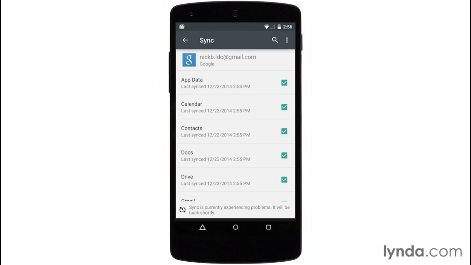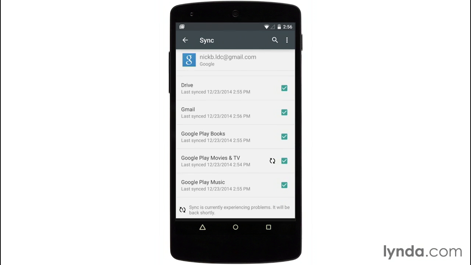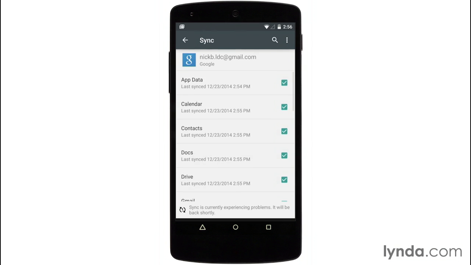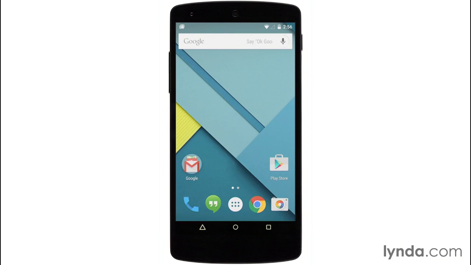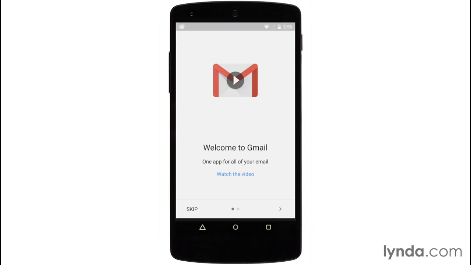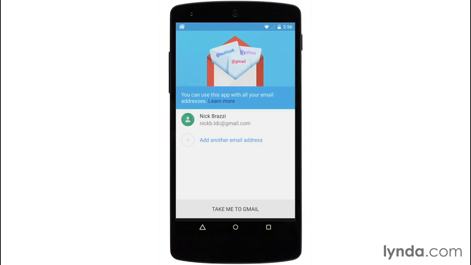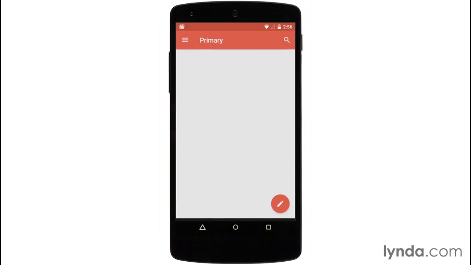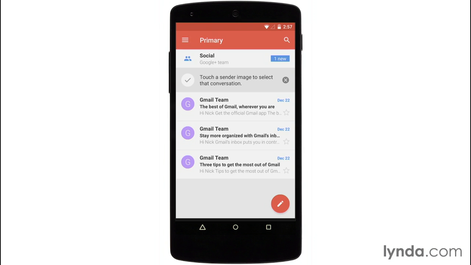You can disable any of these options you want, but you'll see that calendars, contacts, Drive, and Gmail are all part of this list. That's really valuable to see. So with those options enabled here in the sync settings, if I open up the Gmail app on my device, and I'll just hit skip here and take me to Gmail, you can see that I'm already logged into my